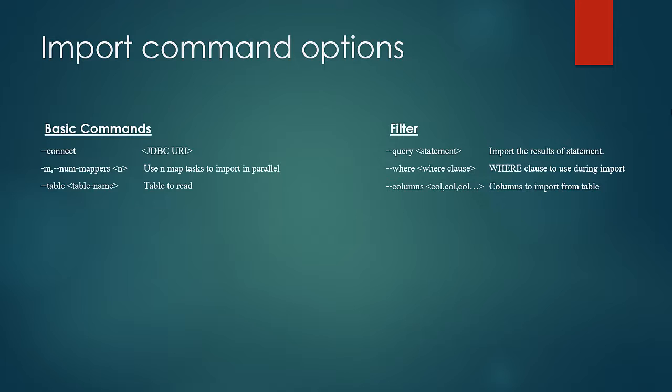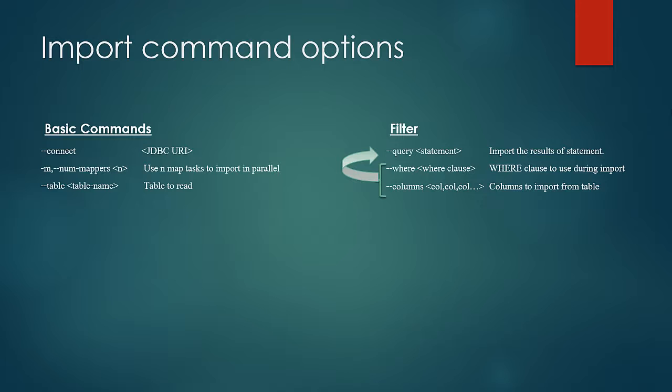By specifying the argument query, we can specify an SQL query, and only the result of the query would be imported. Similarly, we can use the where argument to specify the where clause, and the column argument can be used to specify the columns which we want to retrieve. The combination of column and where can be put in a query clause, where we can specify both the column names as well as the where clause. So in a way, query is equivalent to both column and where put together.